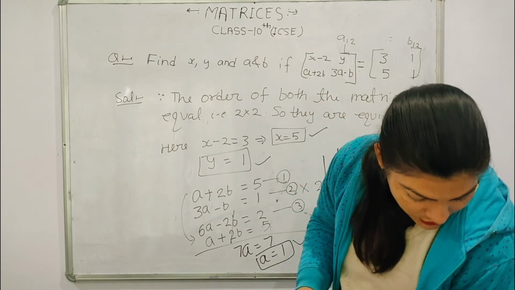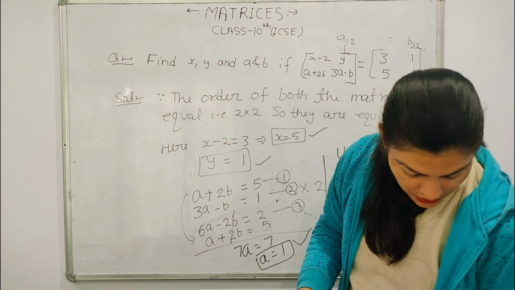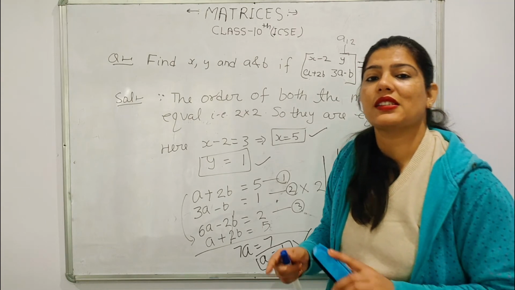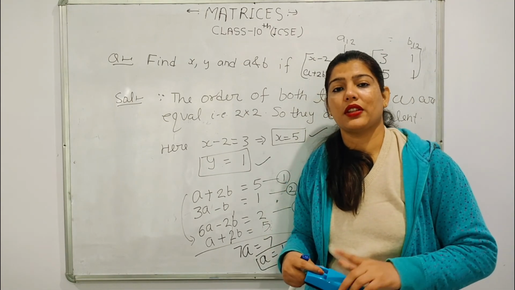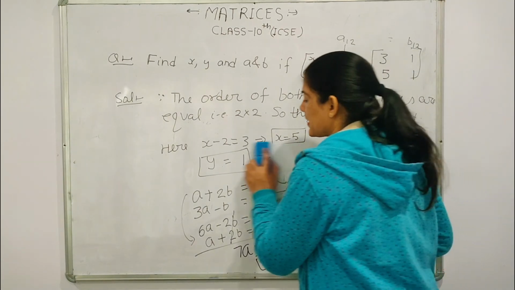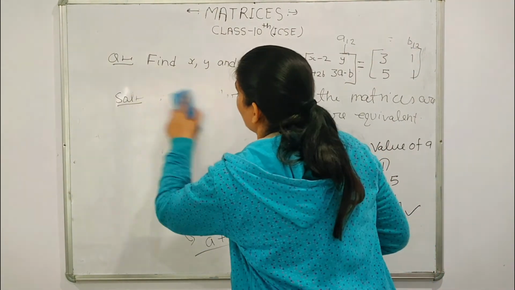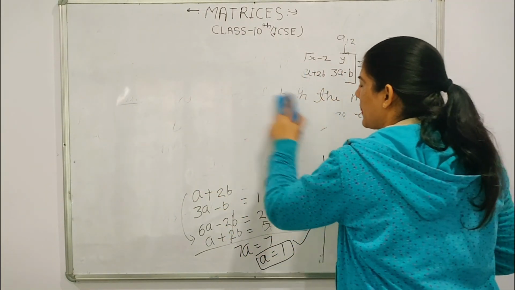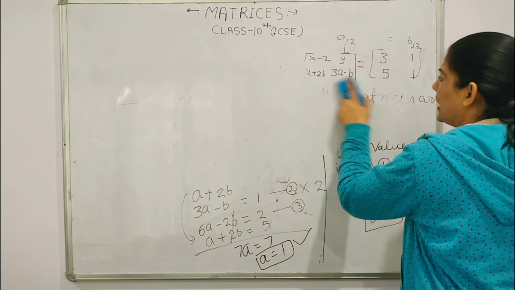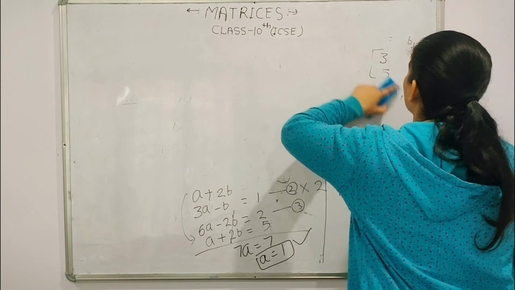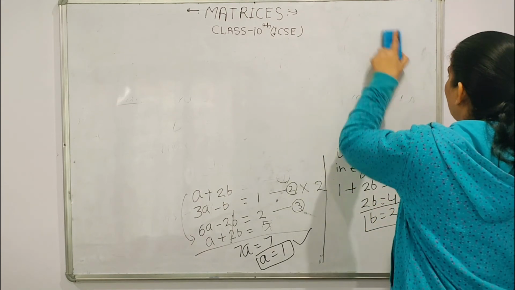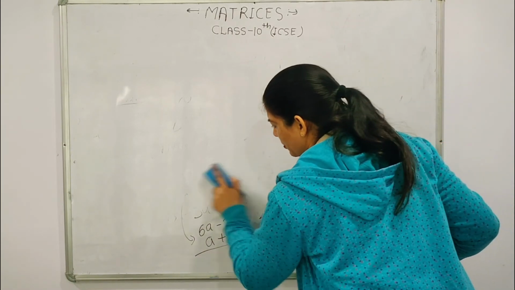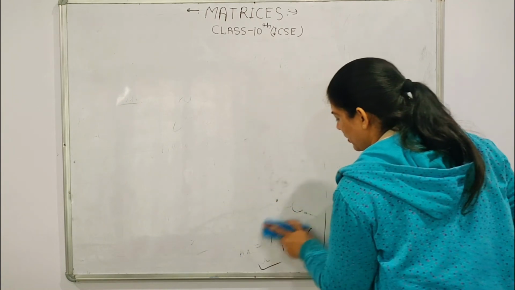Okay. So after this we can discuss multiplication of a matrix with a scalar. Today we will discuss the multiplication of a matrix with a scalar only, and tomorrow we'll discuss the multiplication of two matrices. So I will discuss one question only, because in that question we can take the multiplication of the matrix with a constant, and I will add those two. So both concepts will be clear to you.